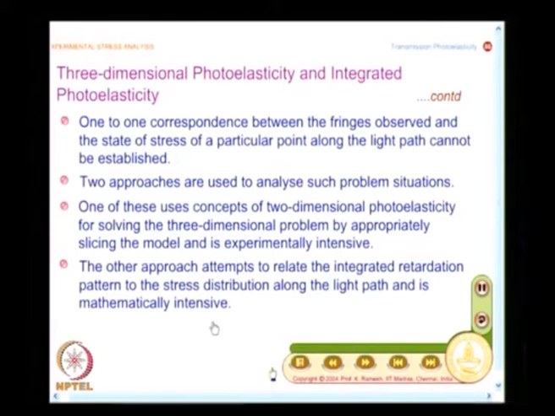Either it has to be experimentally intensive or mathematically intensive. Mind you, anything interior is always difficult. What you will have to look at is, if I want to find out what are the stresses interior, I have a methodology. You have to look at it from a positive point of view. In fact, many of the industrial problems in the 1930s and 50s have been solved by exhaustive 3-dimensional photoelastic analysis. That is how many of the fundamental designs were perfected.